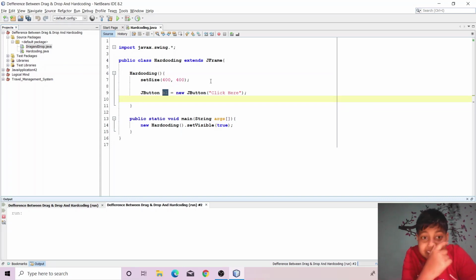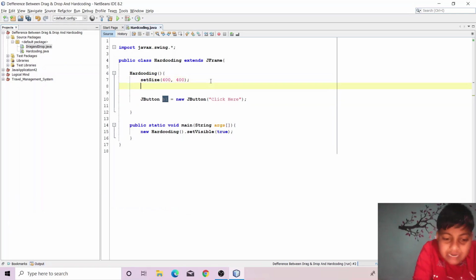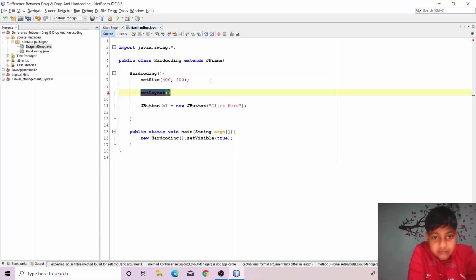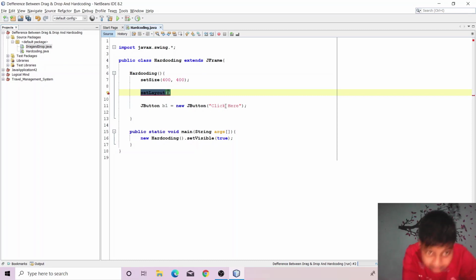One more thing, you have to set the layout as null. If you do not set the layout, it will by default take the border layout, and the button or all the components will be fitted in the center. So set bounds means the location will not work.